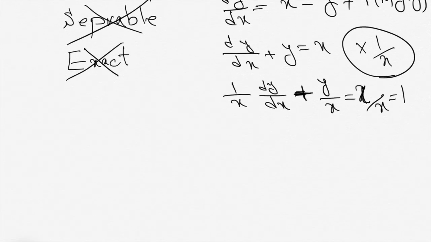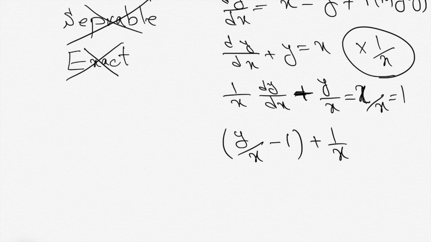Like x over x, which is 1, right? Therefore, I should take the 1 to this side of the equation, right? So I can say y over x minus 1 plus